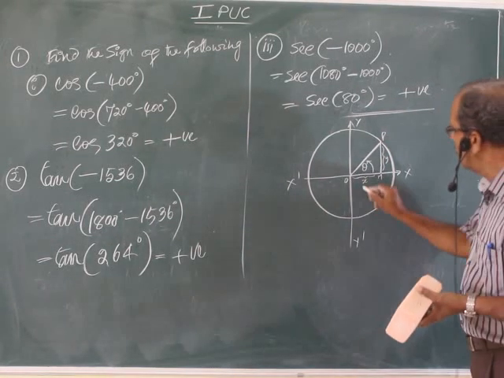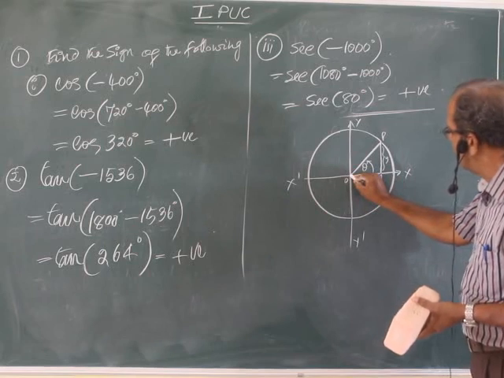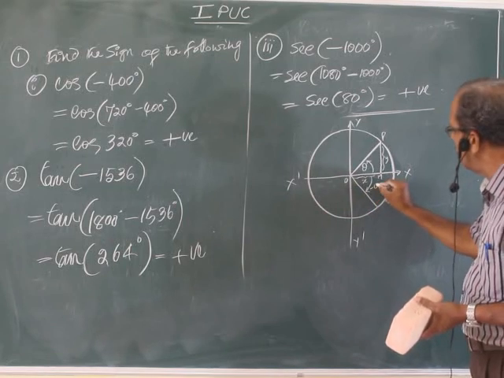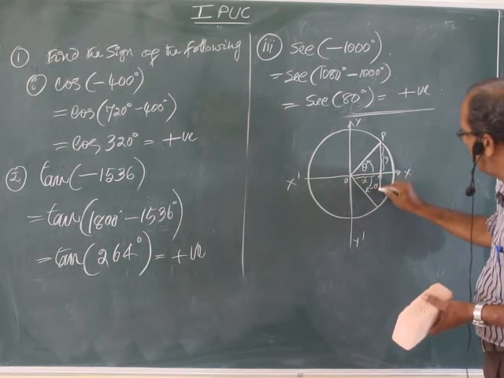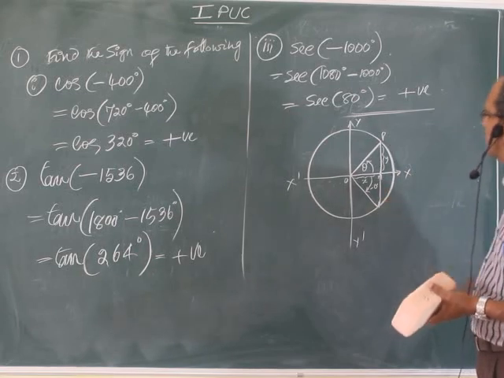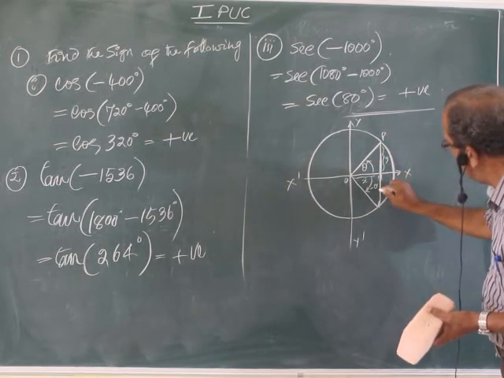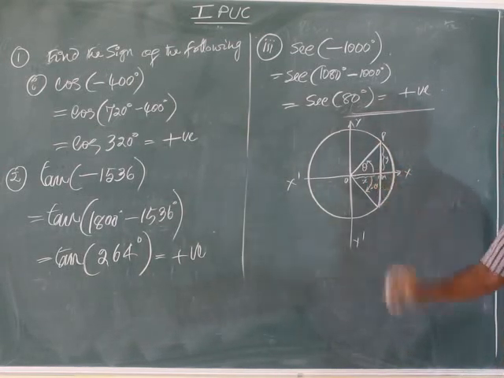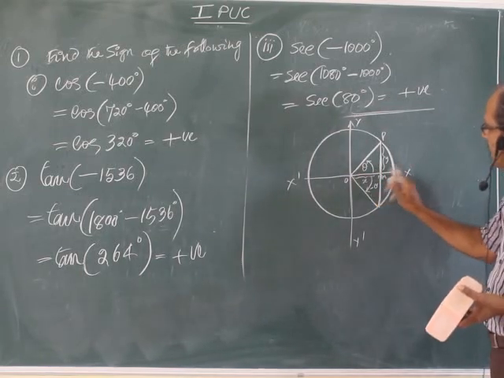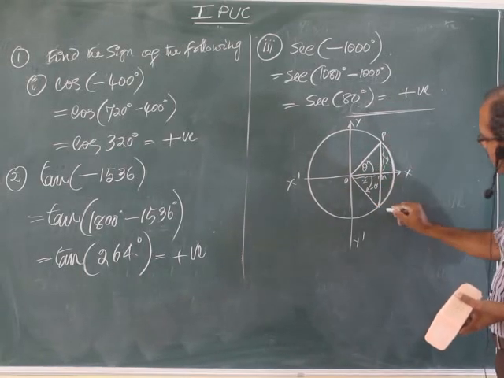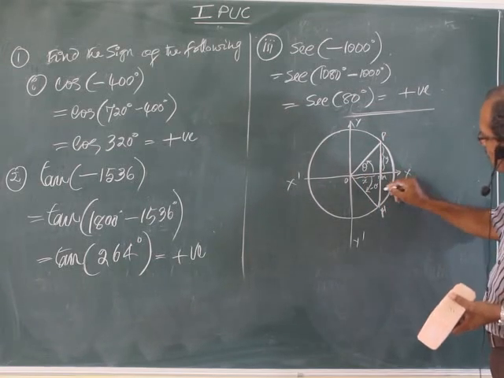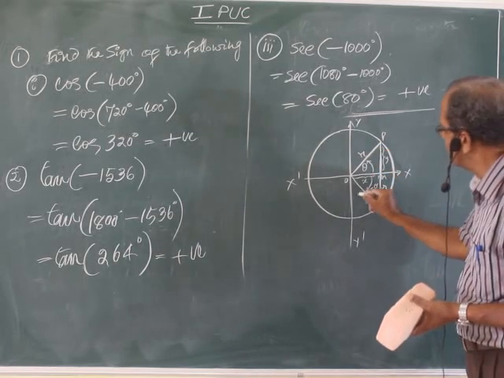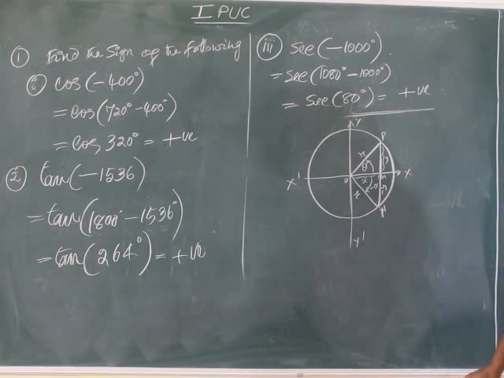Now, if I take minus theta, same quantity theta here, but in the opposite direction, complete the triangle. I have taken angle minus theta, that's all. Magnitude of both angles are the same. Now, same side X, PM is Y, but P dash M is below, so you have to take sign convention minus Y. However, radius remains always positive.